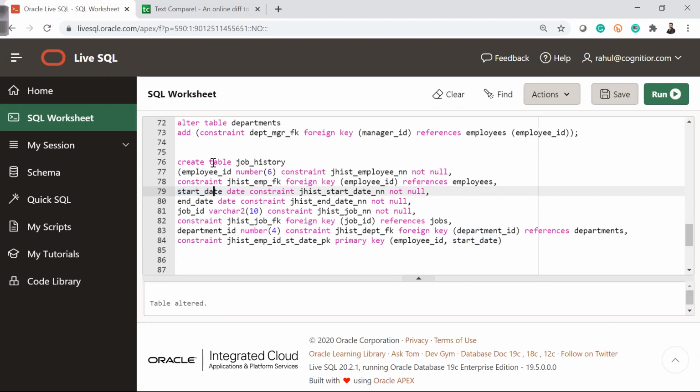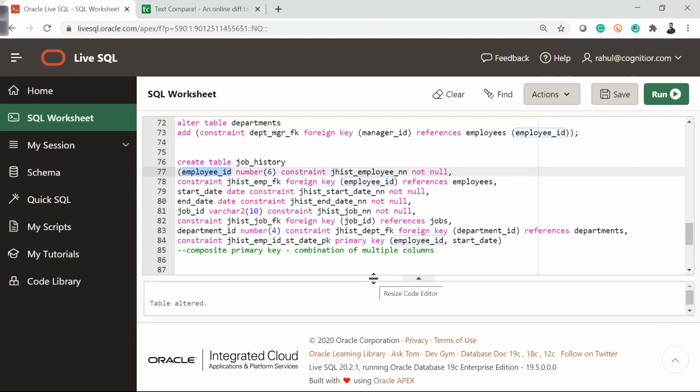So the start date and employee id combination is the primary key, which is a composite primary key, the combination of multiple columns. If I make only employee id the primary key, then it will not insert the same employee id again and again. In that case I will go with a composite primary key.